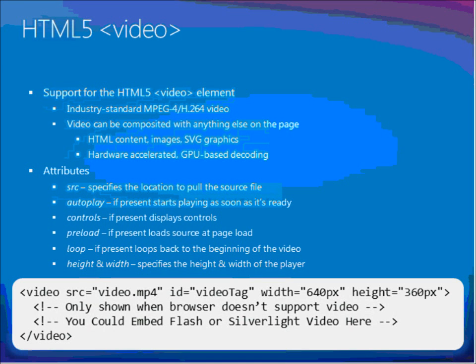HTML5 video is, I think, one of my other favorite things. Video on the web is something that you're seeing a lot more of now. Today, to put video on the web, for the most part, you need to use Silverlight or Flash or something like that. With HTML5 video, you can add